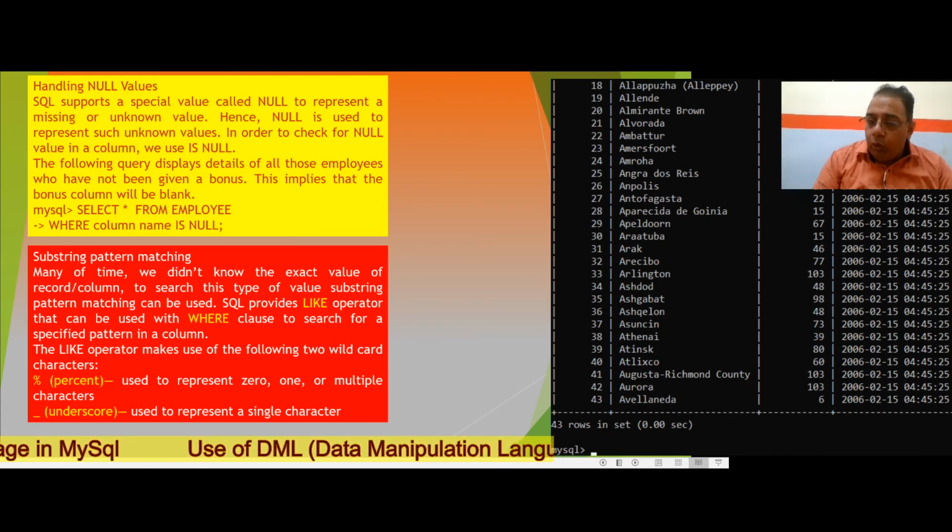It will display all the records of city names which are starting from A.